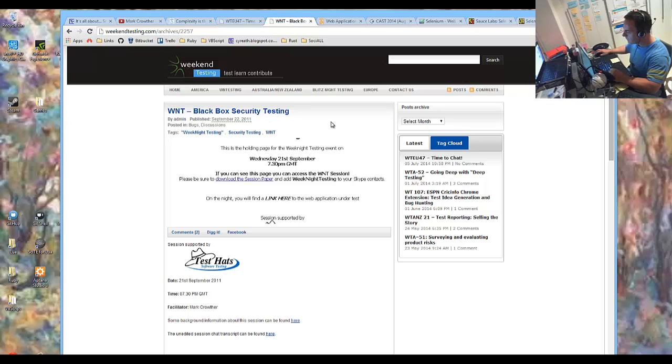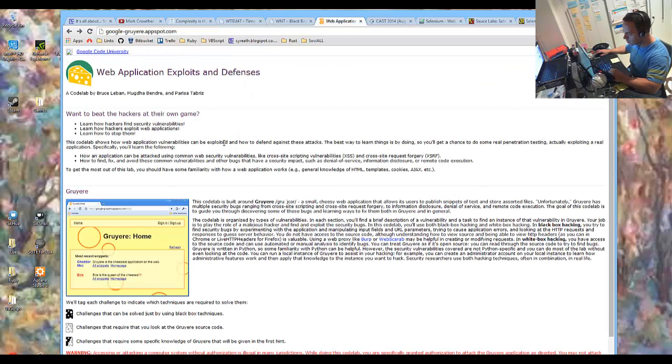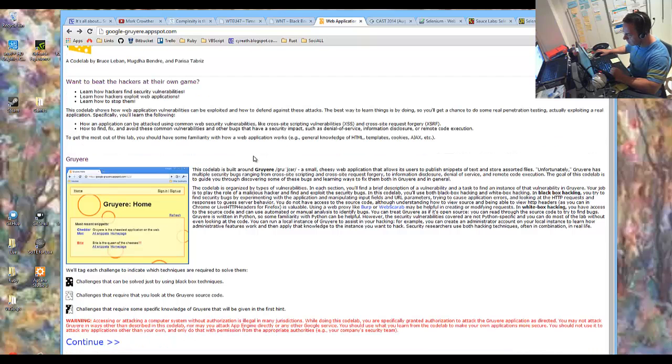Wow. Okay. And what I did there was to install Google's Gruyere, I think that's how it's pronounced, application onto a cloud server that I had, one that I didn't put enough memory on, I think it was, and so the damn thing crashed and we ended up going back to Google's deployed version of Gruyere.